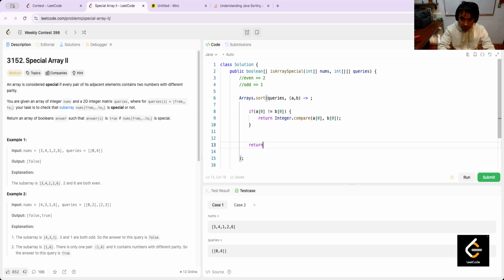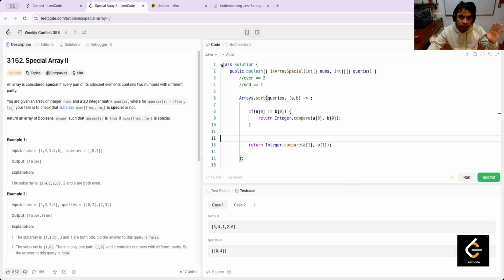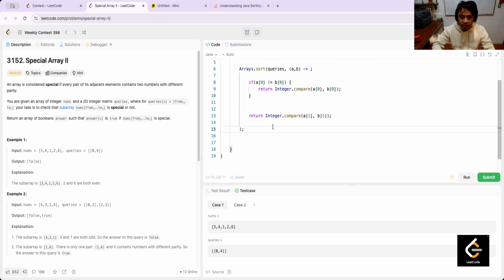Other case, return integer compare of this, but okay, this case only happens where both have the same value. For example, 2 and 2, and the idea is to compare 5 with 7 and put first the 5. In this case it is the letter A. Now